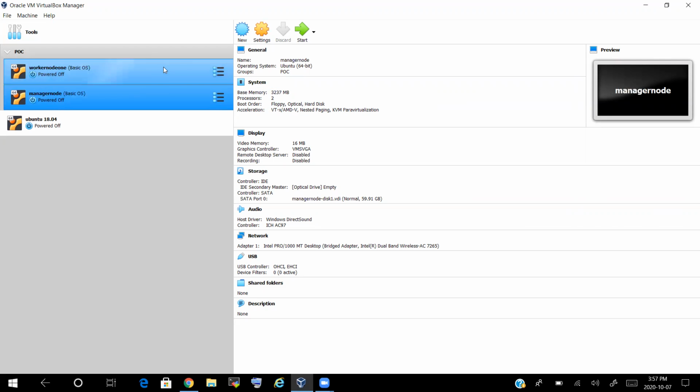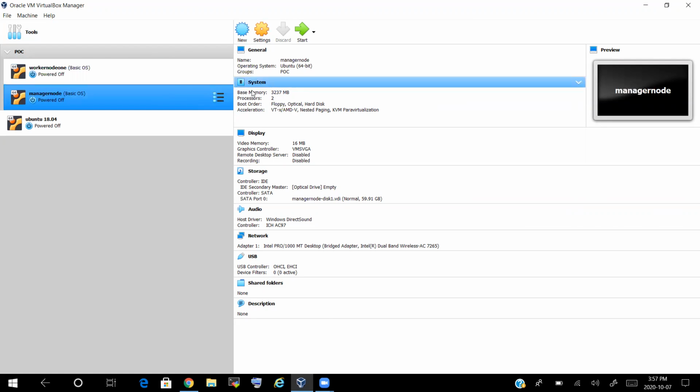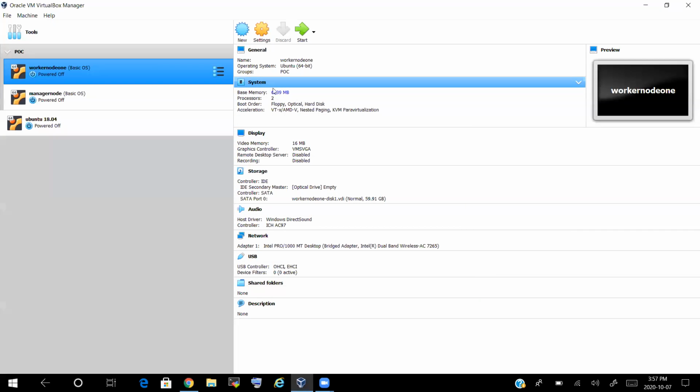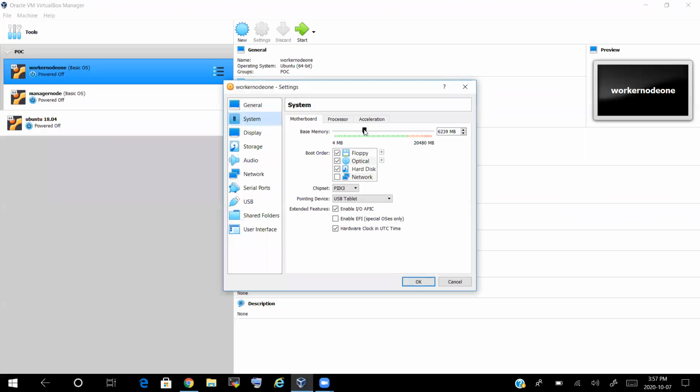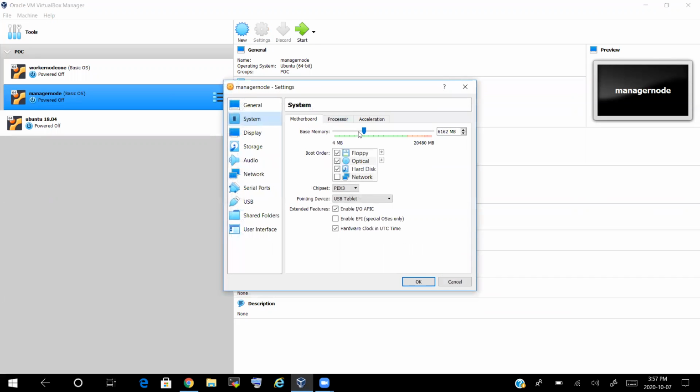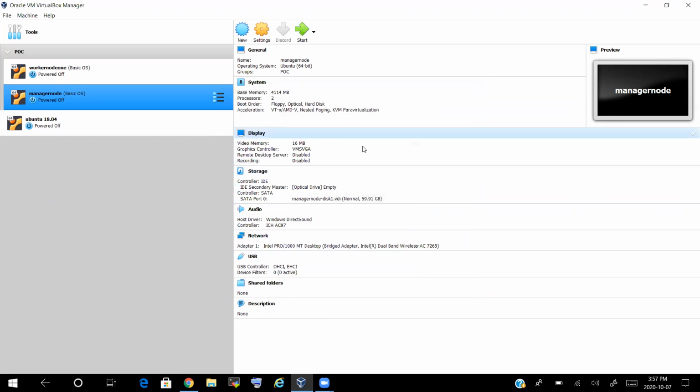Sorry, and we have another VM which is created with 3 GB of RAM. So what I'm going to do is change the memory to 6 GB as well on this particular node. And for this, I can reduce it. I don't want 6 GB for worker. Sorry, I think I've done it in the reverse order. Sorry, my bad. So here 3 GB is fine. Okay, 3 or 4, whatever it is. 4 GB. Let's go for 4 GB. Not the approximate 4 GB, somewhere near to that.